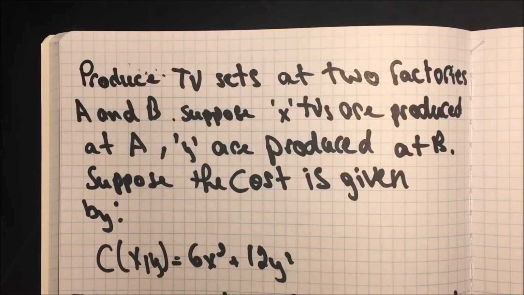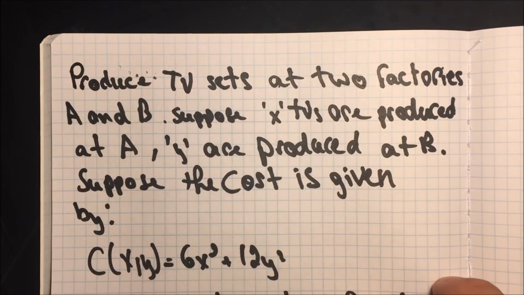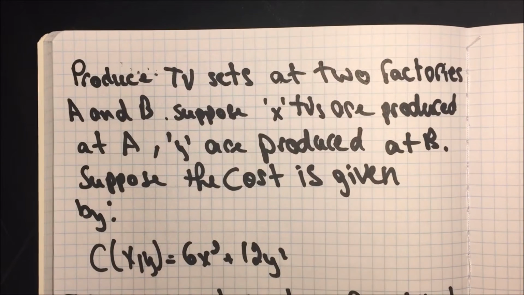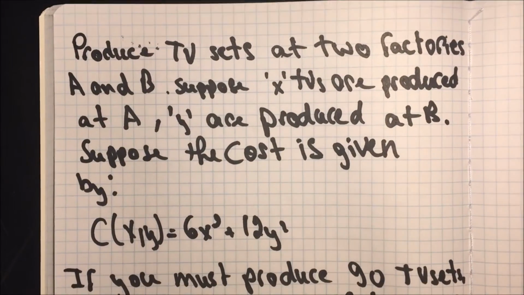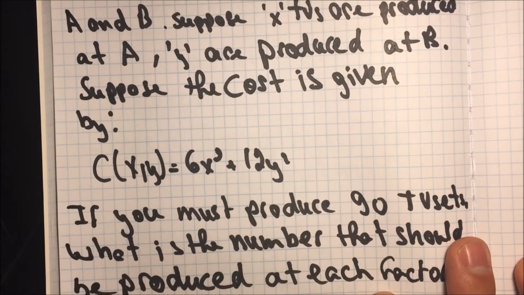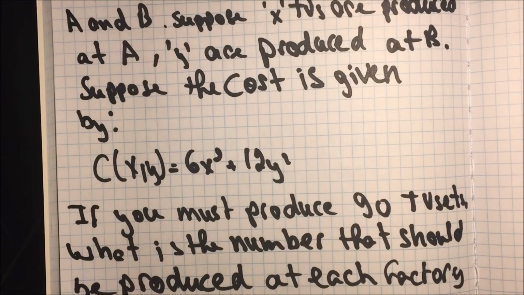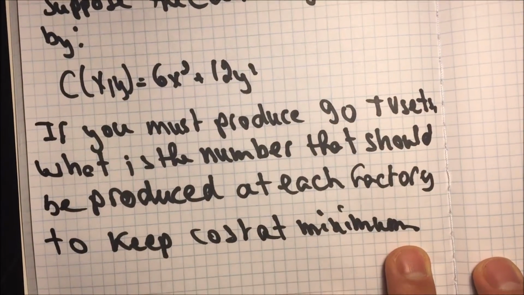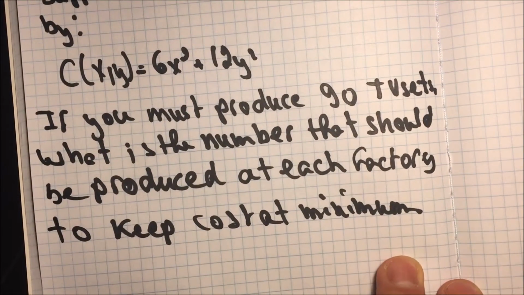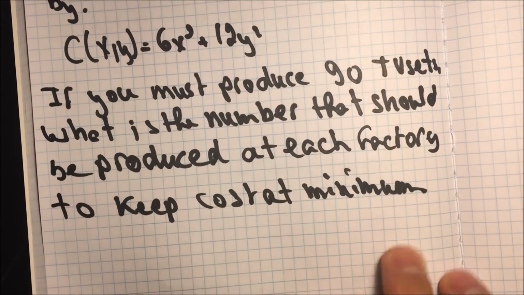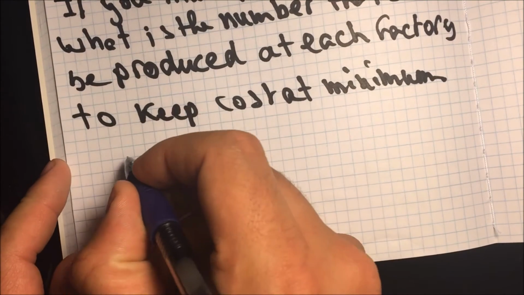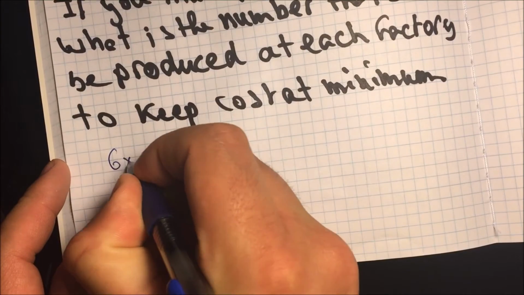Here's a word problem for us, just to put it in context. Produce TV sets at two factories A and B. Suppose x TVs are produced at A, y are produced at B. Suppose the cost is given by C of x, y equals 6x squared plus 12y squared. If you must produce 90 TV sets, what is the number that should be produced at each factory to keep the cost at minimum? So to do this, as we said earlier, we take whatever function we need to minimize